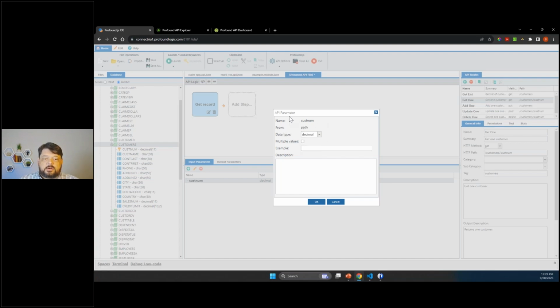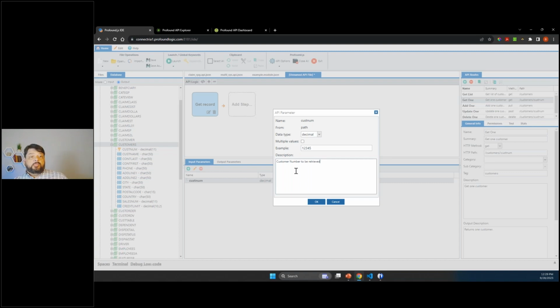This particular parameter comes from the path, so it's not changeable. I can add an example of what one might look like, so let's say 1, 2, 3, 4, 5. I can add a description to say exactly what this is: customer number to be retrieved. Now, why do we need these descriptions and examples?